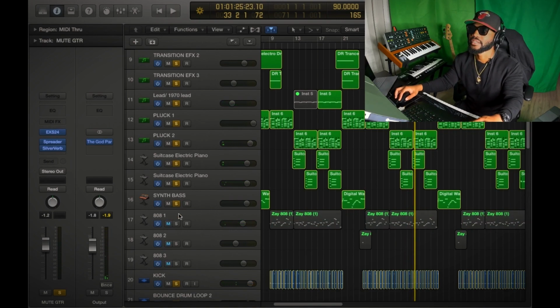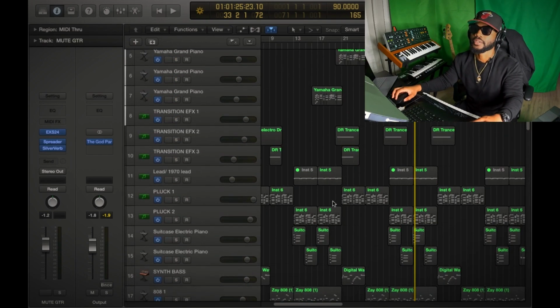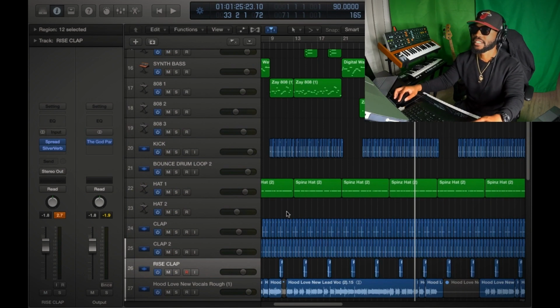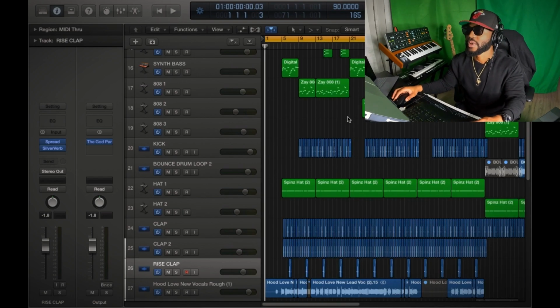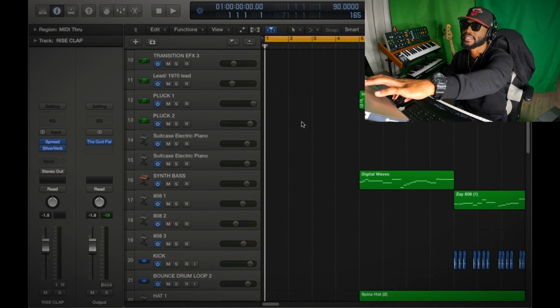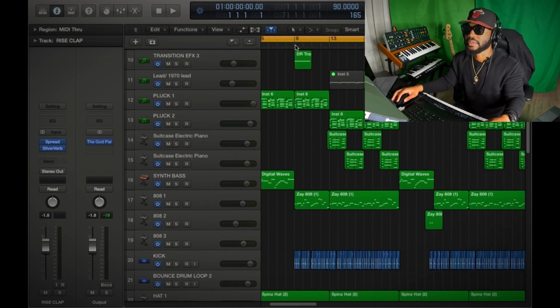Everything has its space, and there's plenty of space, most importantly, left for a vocal. There's space left for an artist to hop on, to give them space to be creative also and add their own flavor and flair to it. We haven't taken up so much space to where they can't even hear themselves on the track anymore. You just want to leave space, introduce different sections through transitions, make sure your sounds match,